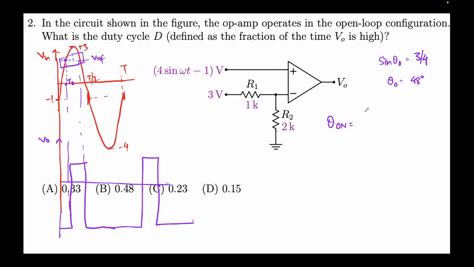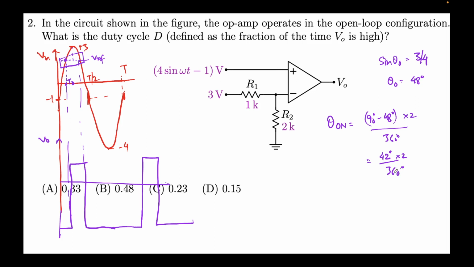So that will come out to be 90 minus 48 degrees. That's in the first quadrant, right? And then the same will be repeated for this half, that's why times 2 over 360 degrees, because 360 degrees is the total time that it takes. Okay, so if we solve it, 90 minus 48 is 42, yeah, 42 times 2 over 360 degrees. So that will come out to be